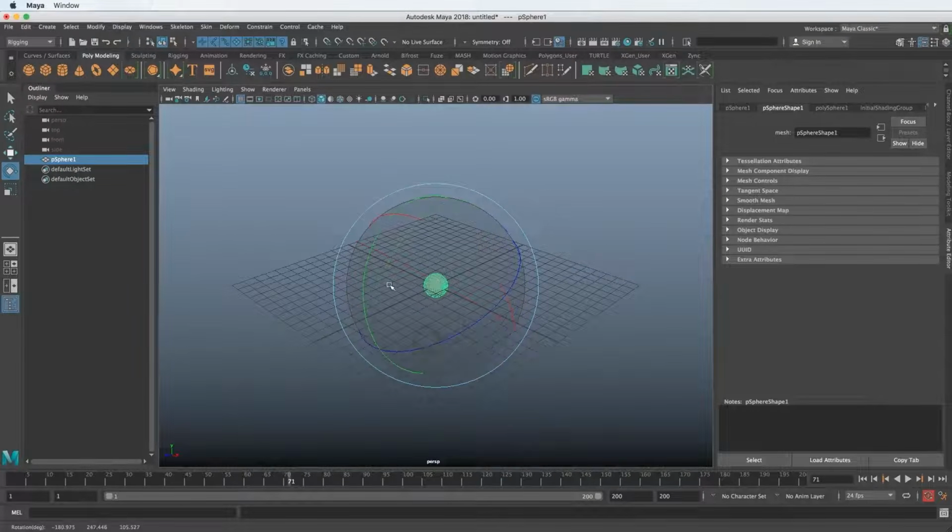So when we get into animation, this will be important, and I explain later in animation why that is important. The other thing that, just for myself, I like to do is only ever stay on the channel box unless I'm doing something very specific, because you can see this attribute editor here on the side. It takes up a ton of room. There's just a lot of stuff going on and we don't need it.